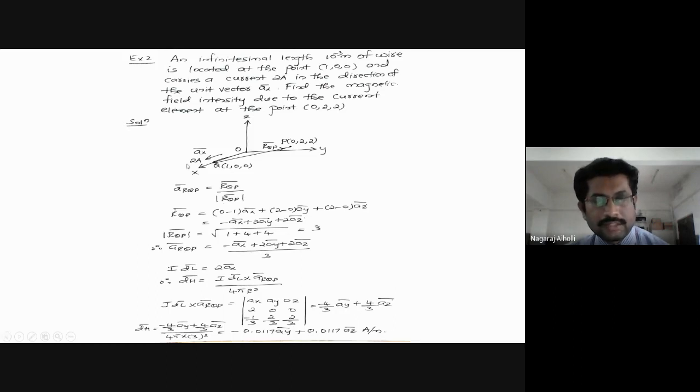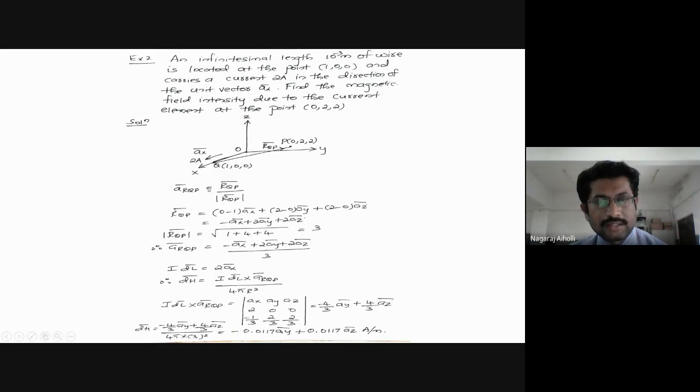Good. So this is how we have to solve it. What is given here? Q is source, P is destination. The magnitude of this current element they have given is 10 raised to minus 3 meter dl, and I is given, that is 2 ampere. So I dl will be 2 into 10 raised to minus 3 meters.